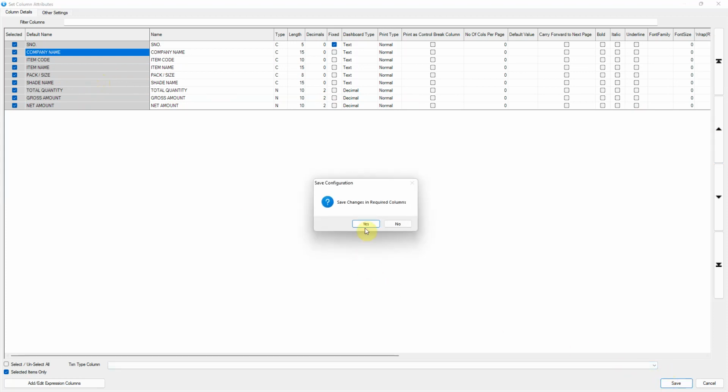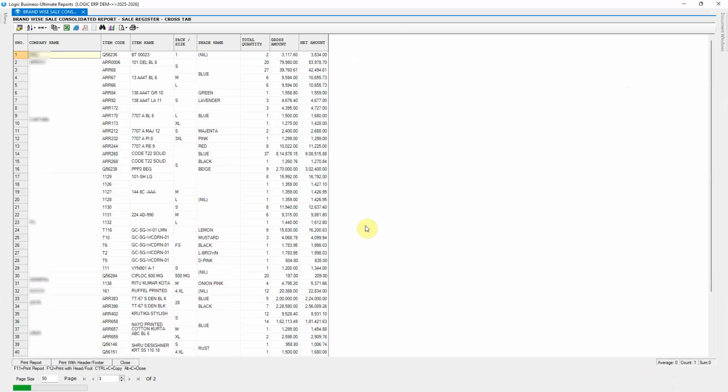Save the changes and refresh the report. Now, you will be able to view a detailed brand-wise, item-level sales report.